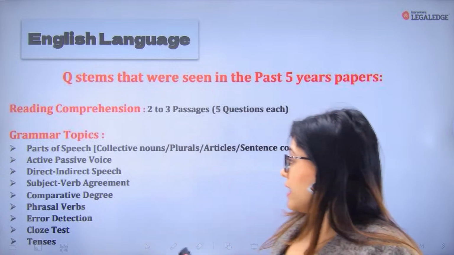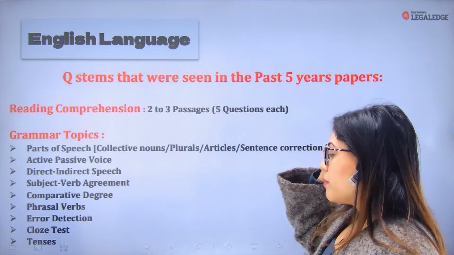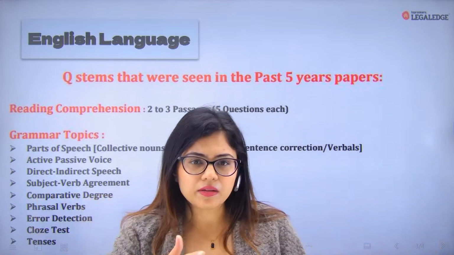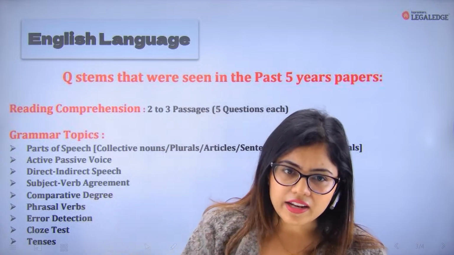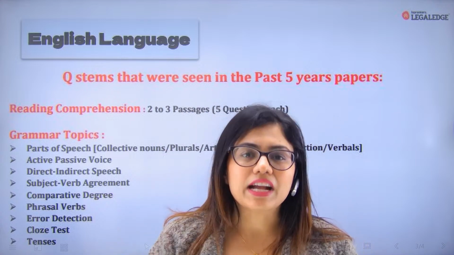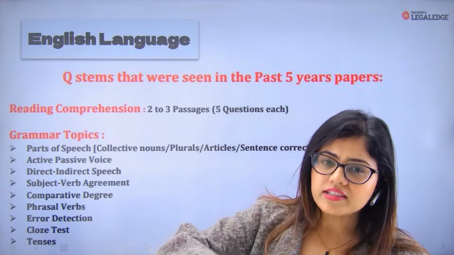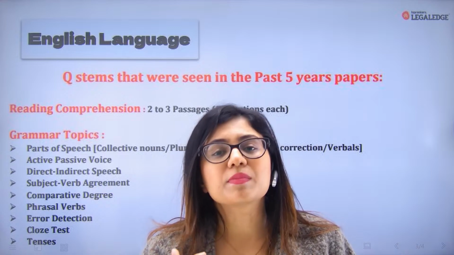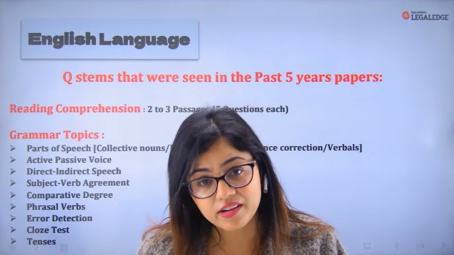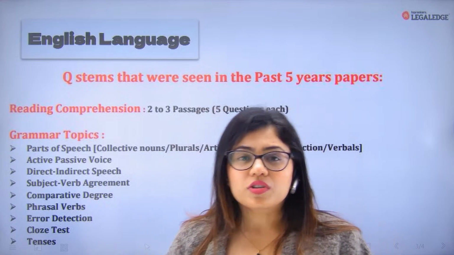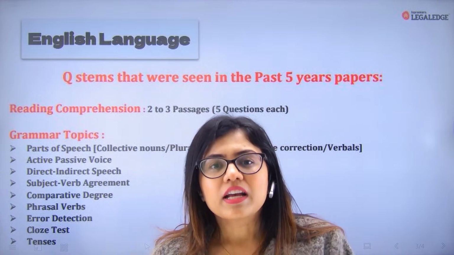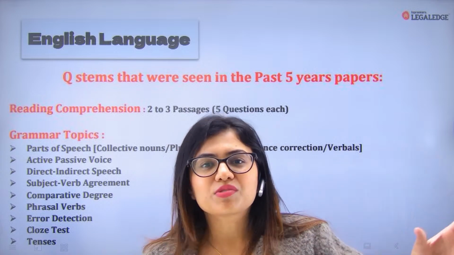Okay. Then moving to subject verb agreement. Now, subject verb agreement is really important in the sense that when you get sentence correction, एक बहुत important part है इसका. So sentence correction, error detection, इसमें subject verb agreement से बहुत सारे errors ढूंढे जाते हैं. तो subject verb agreement is pretty simple. You need to ensure that the subject agrees with the verb.